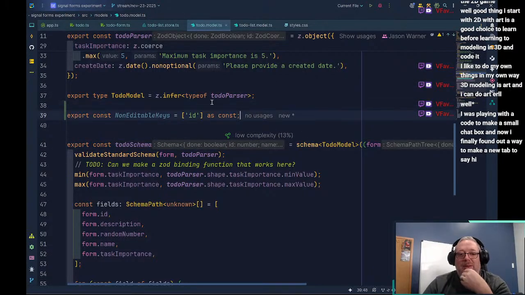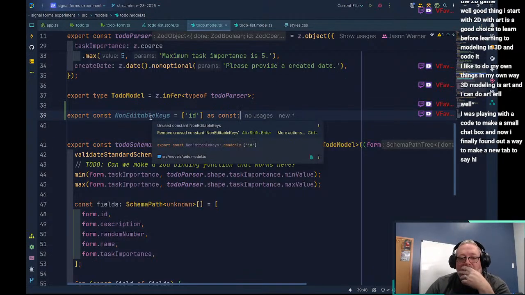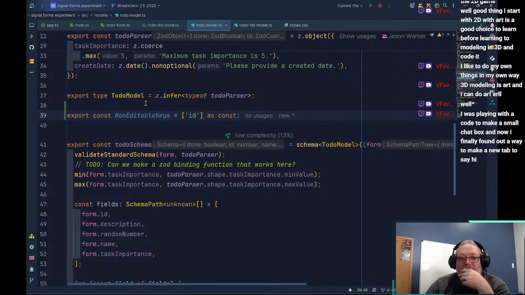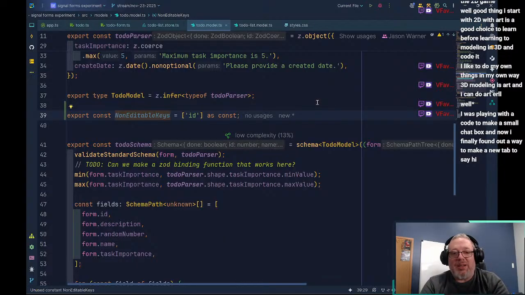The other thing we can do is create a type that we can use for this.